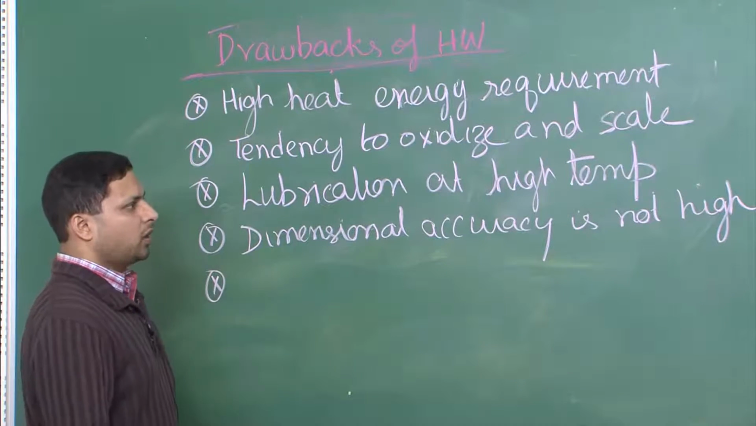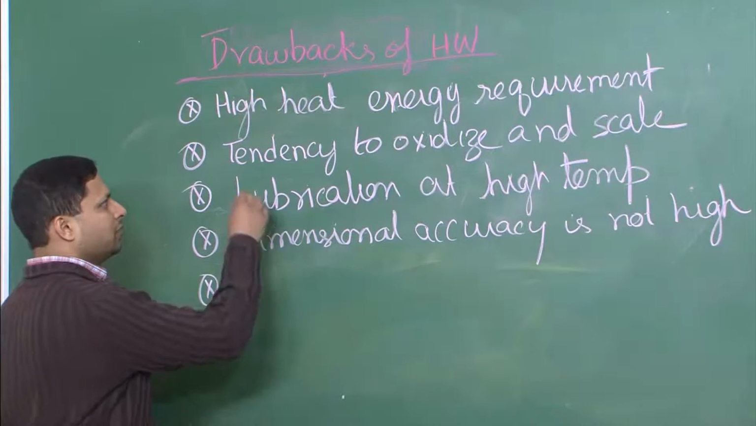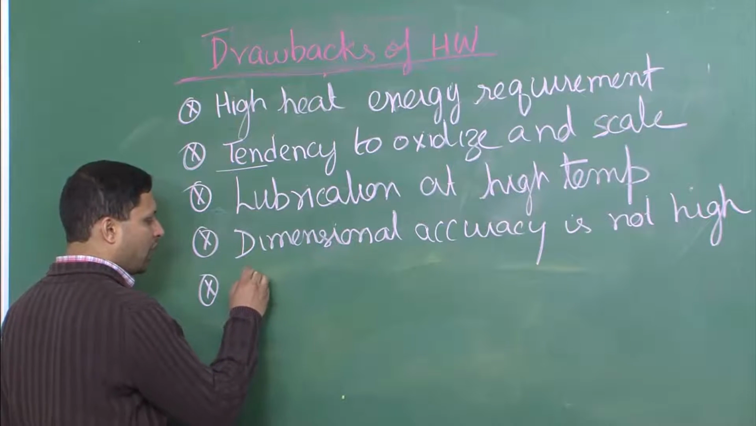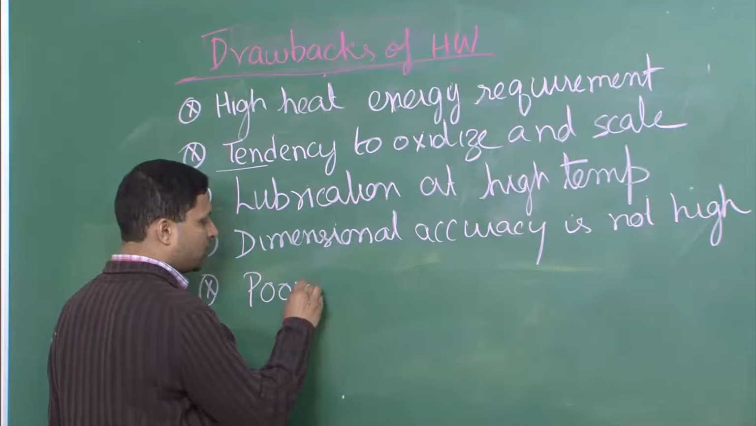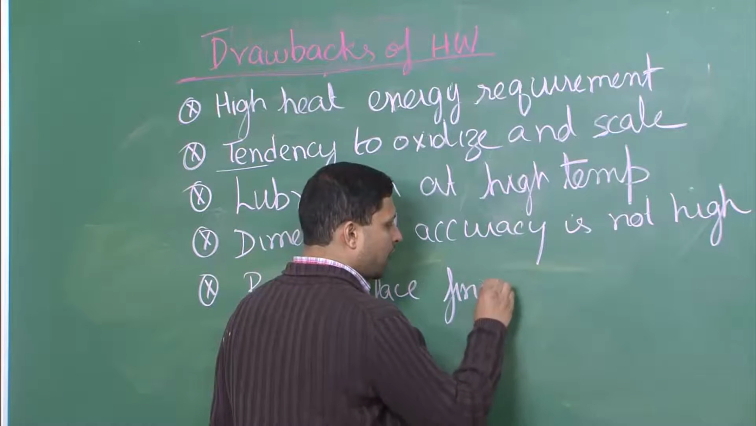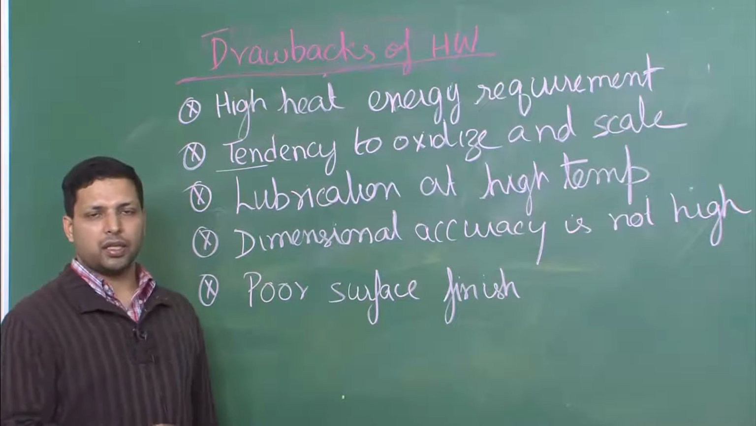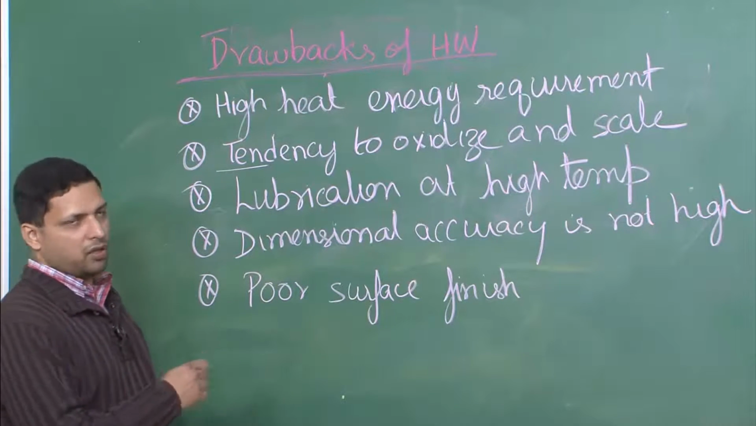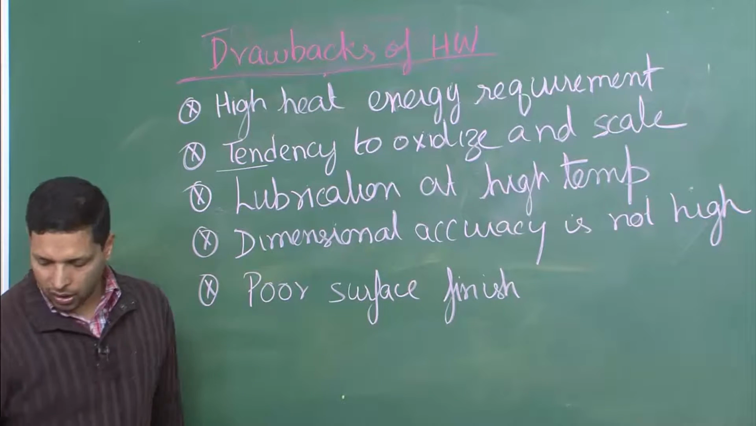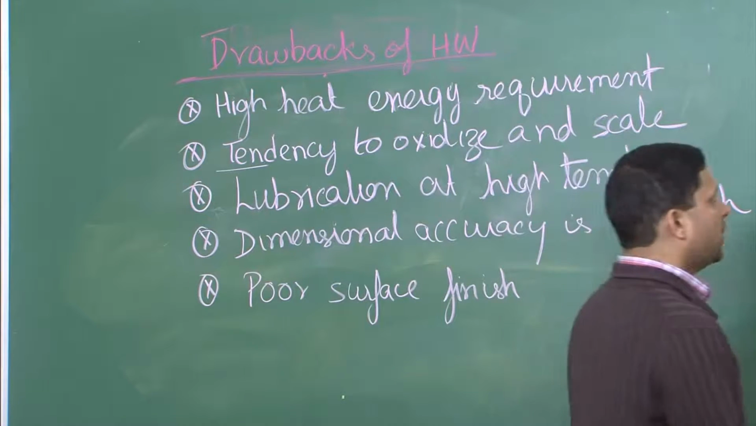And the last one I will mention as a drawback of hot working, we know that there is a tendency to oxidize and scale, which means that it will also have poor surface finish. So, in effect what you will see is that whatever advantages we listed in cold working become a disadvantage in hot working, and whatever disadvantages we mentioned in cold working become an advantage in hot working. And that is why, in order to get a compromise between these two, we have what we call as